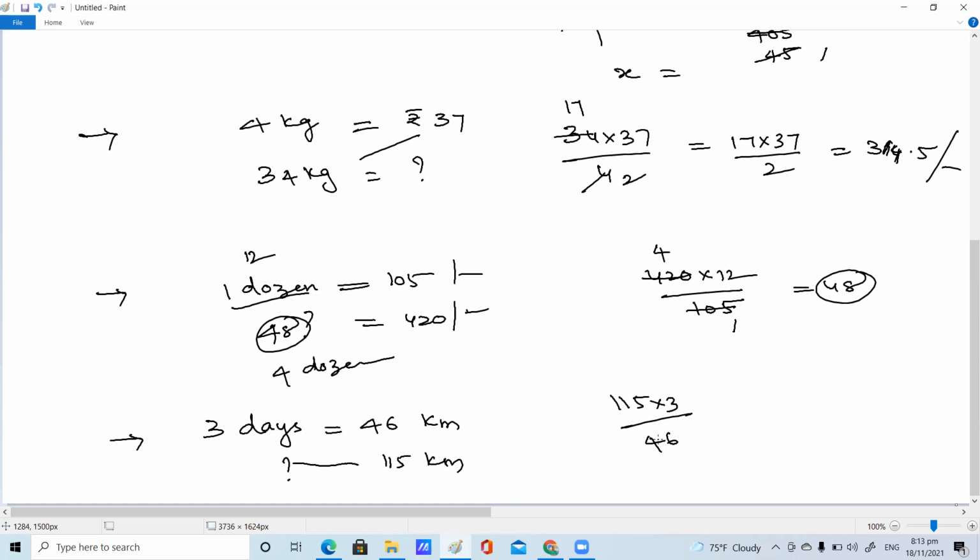7.5 days. It takes 7.5 days to travel 115 kilometers if he walks at uniform speed. The condition is given, children, or else it will go with indirect proportion. If he is not walking at uniform speed, we can't do this with the same method. Next. I didn't get 7.5 days. Ma'am, I got 7. Yes, correct. Ma'am, I got 7.06 days.